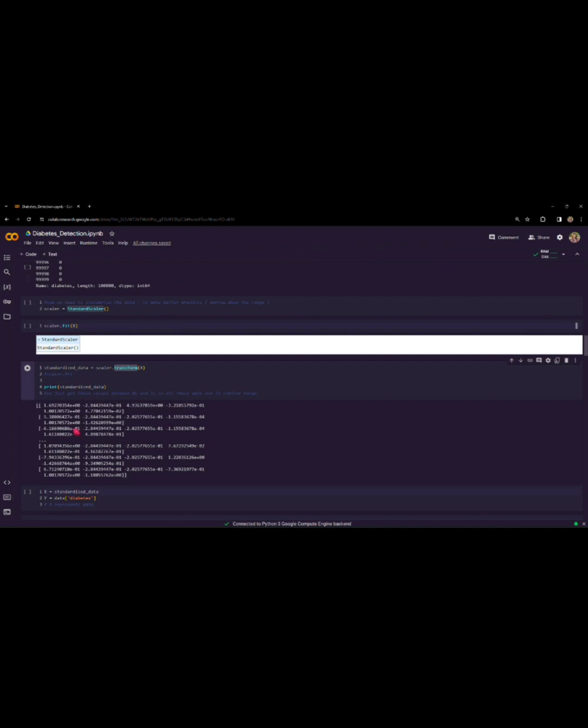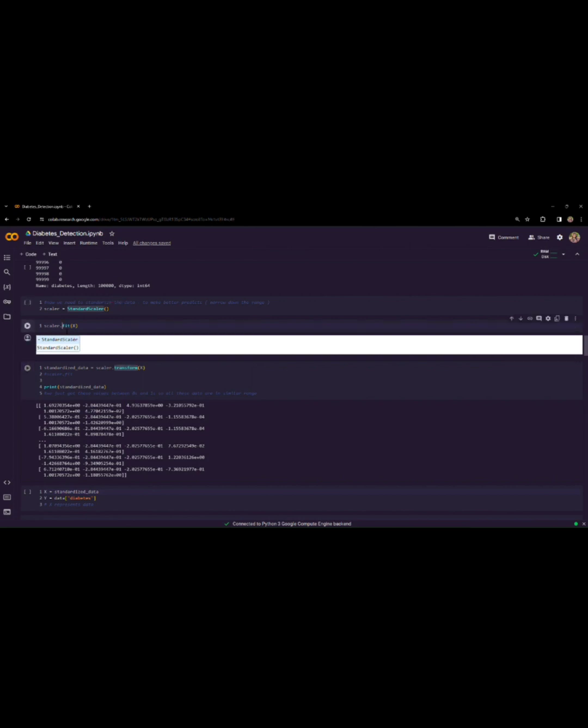This section of our project is called feature scaling. Here we use standardization. In standardization, the values of the features are transformed to have a mean of 0 and a standard deviation of 1. Here we call the StandardScaler function. It is the implementation of standardization.